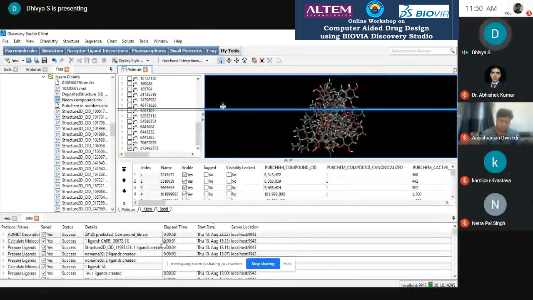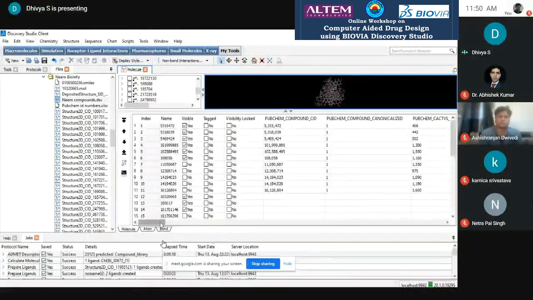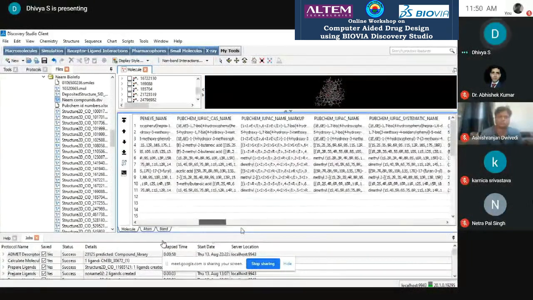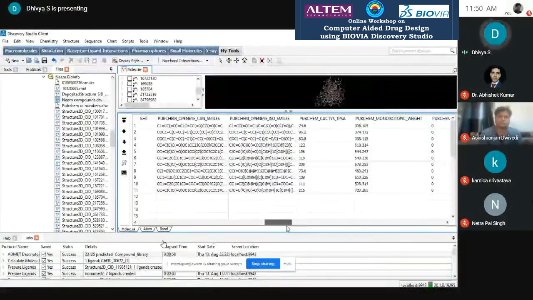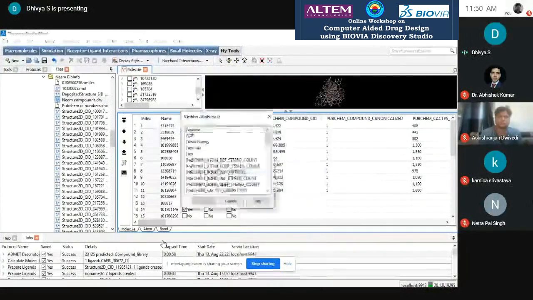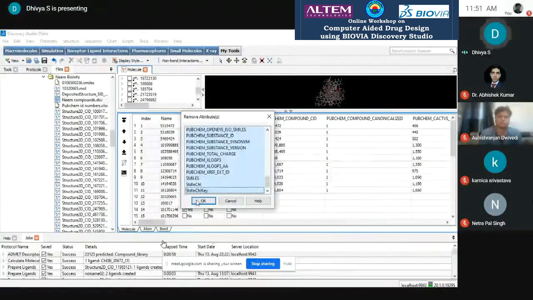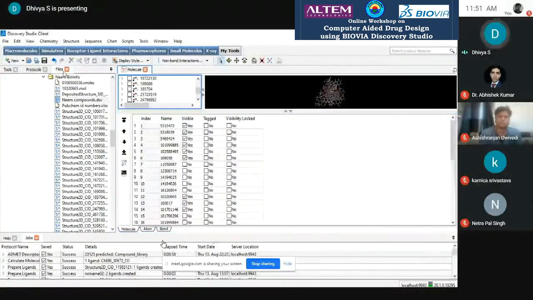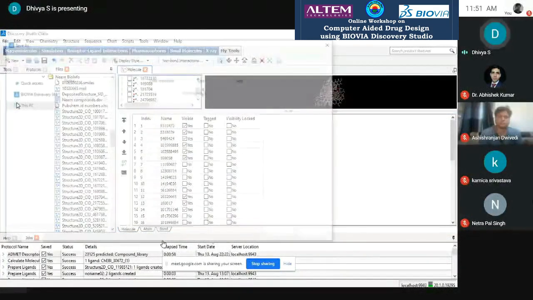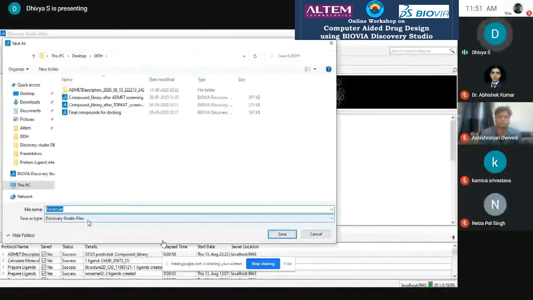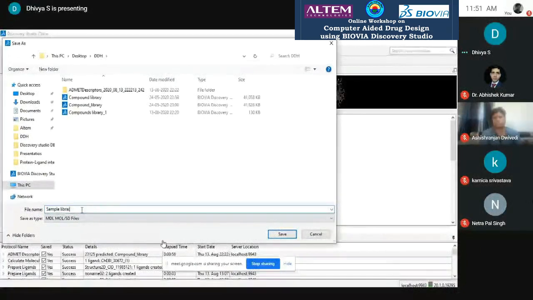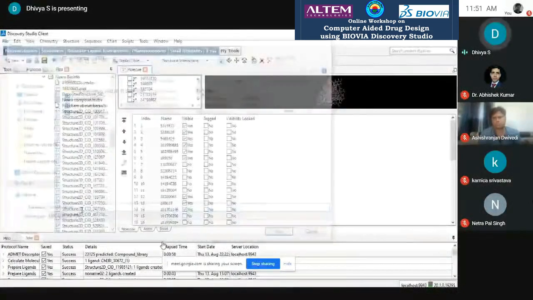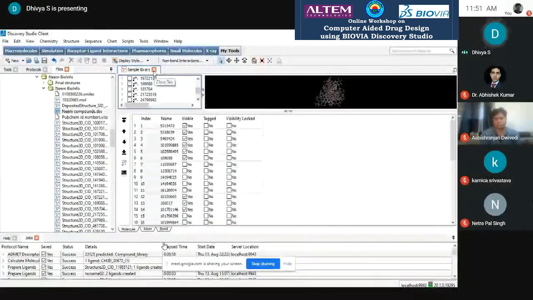Now if you want to save these molecules, you can see here the sources obtained from a database. If you want to remove these attributes, why am I removing them? Because after doing docking, a lot of tabs will be created that make things complex. That's why I'm removing it. So now go to File, Save As, Mol file, or you can name it as such. Sample component, sample library. And you can save to this format. This library of molecules, you can use for further processes.